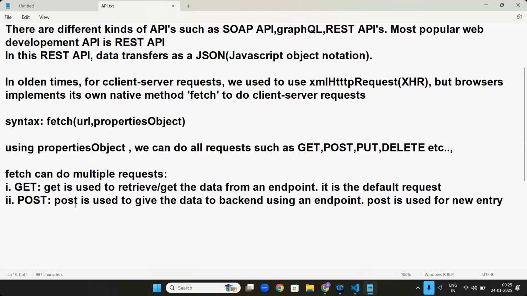No. It should update whatever the previous value is. Only the email it should update. Right or not? That is called put request. What is it called? Put request. I will show you. Don't worry. Put request. Put is